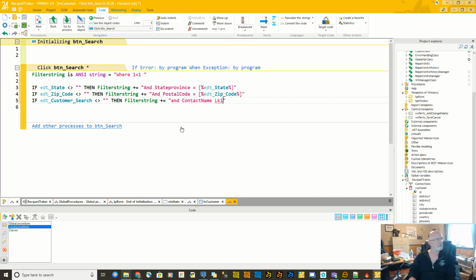Because if he only puts in 3 characters, number 1, we don't know if it's the first name or the last name. So we want to give him as much option. To do a LIKE, we put a % in front. Now we put the brackets in there, % in the middle of the brackets, EDT customer search, and put a % afterwards as well. Now, this is a string, so we need a single quote